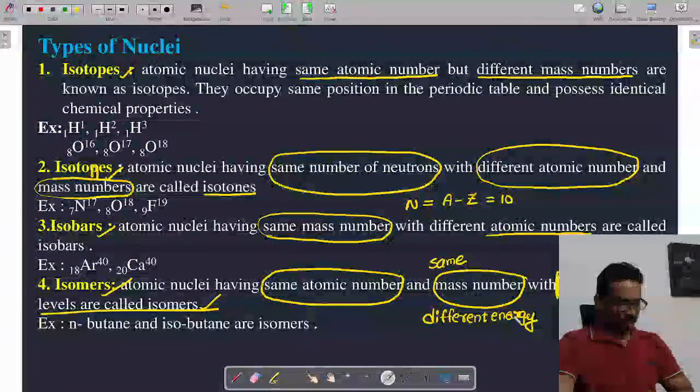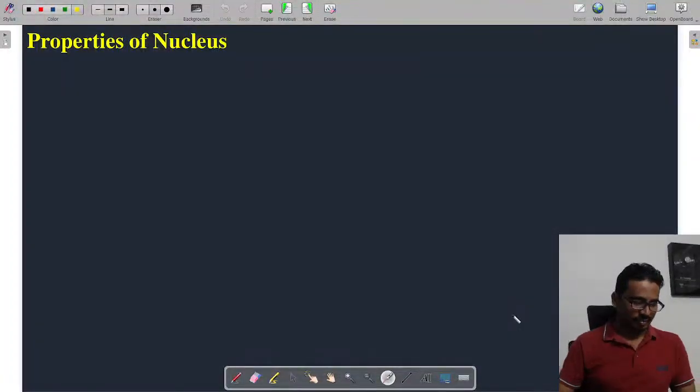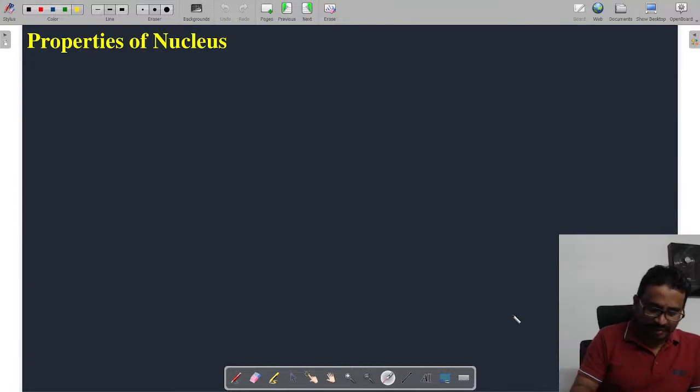Now let us see some of the properties of the nucleus. See this, first property. One by one we will discuss the properties. The first property is,